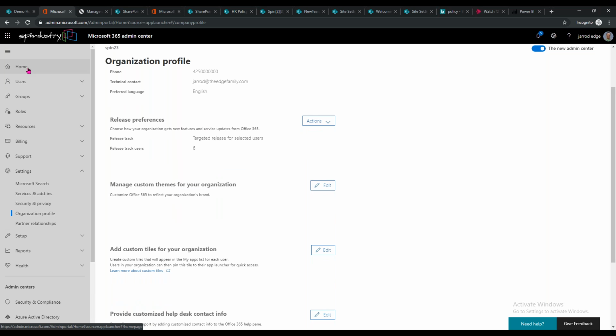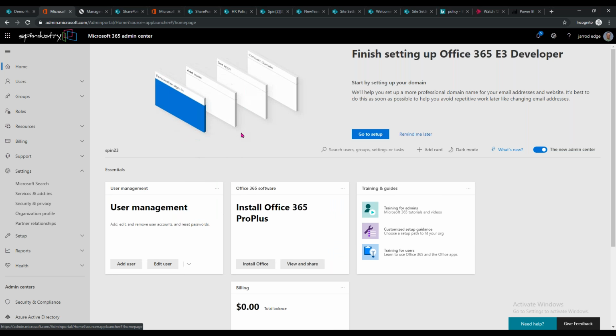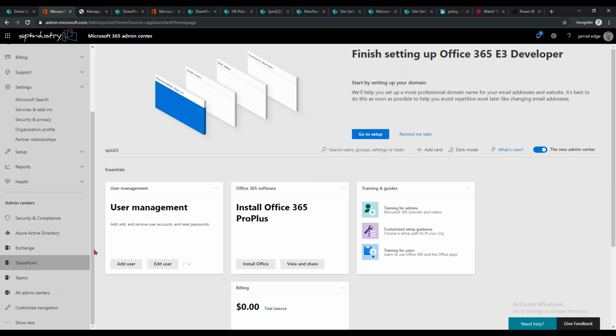So the new admin is nothing hard to organize. It does give you a little bit more flexibility on adding new cards and designing it the way that you want to design it and whether you want to be in dark mode or not. But I'm going to go down and talk about the SharePoint piece. So down here in SharePoint,